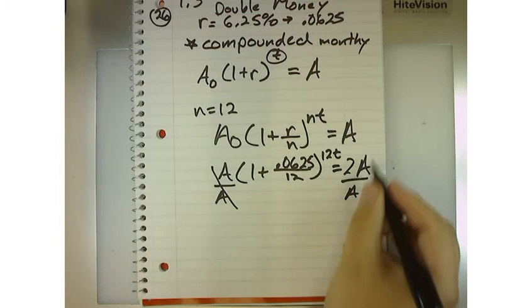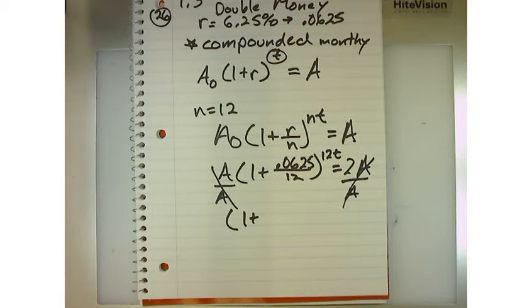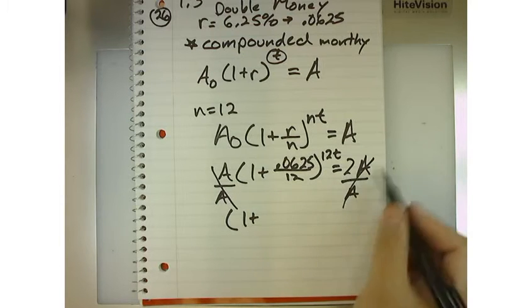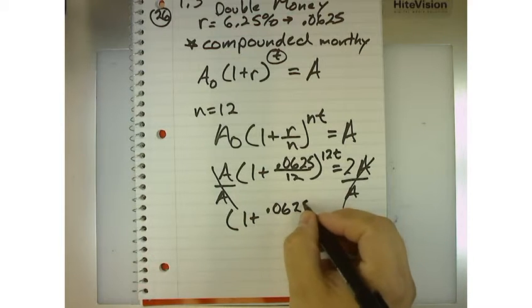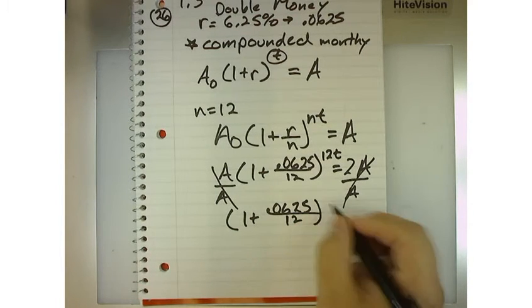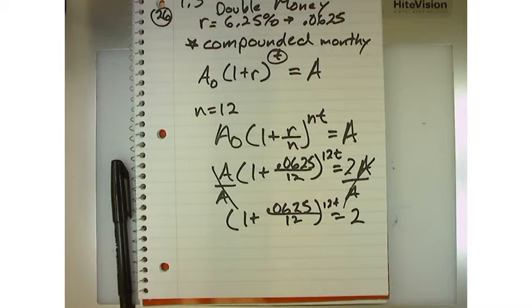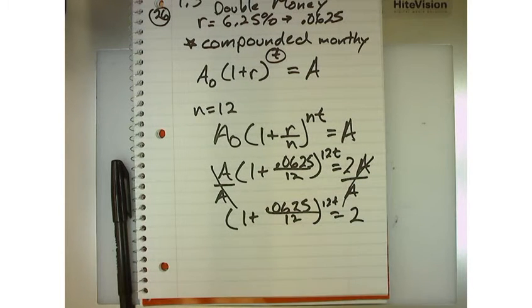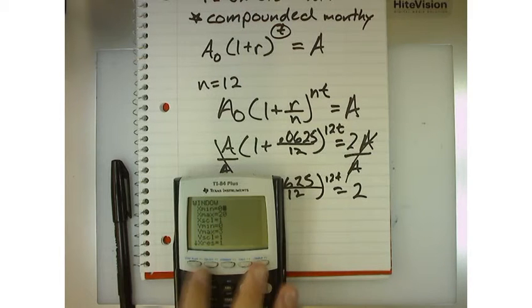Now this is a pretty common practice. If I were to say triple your money, what would be different? This would be 3A, right? That's the only difference. You can plug in a number too, if you wanted to, but anyway, this is going to be 1 plus 0.0625 over 12, raised to the 12t, is equal to 2. Now to solve for t, you could do that algebraically by using natural log and bringing the exponent out, or we could just do systems of equations by graphing the left hand side expression and graphing the right hand side. So if I go into a calculator,